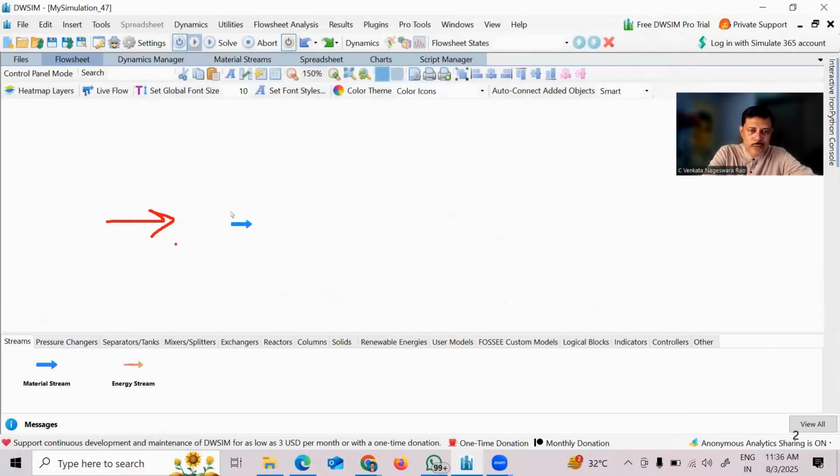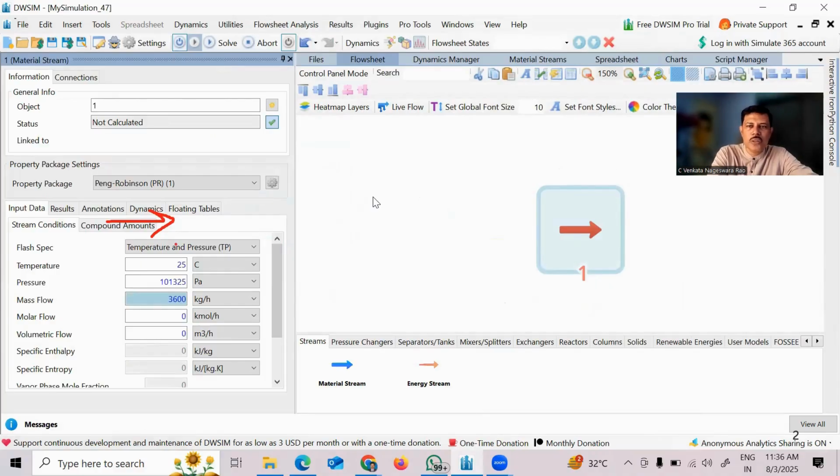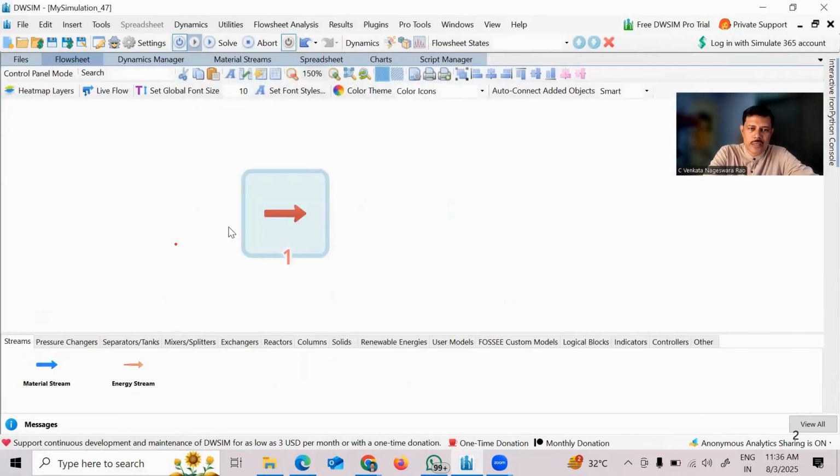Suppose I take this material stream here and zoom in. Look at this, this is stream one. Now if I just want to do something like this, see, immediately, I did not ask, I don't want to give any input now, but this window is immediately popping up, and I may feel a little distracted. So I don't want this to appear. Now I want to go